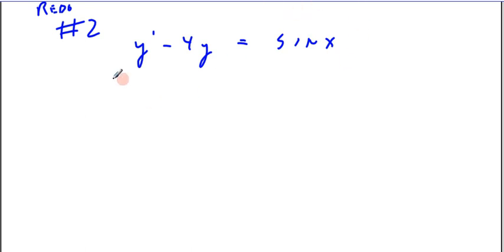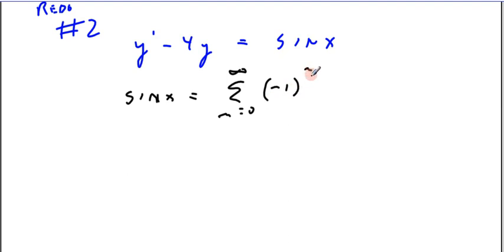And so, what do we got? What is sine x? Well, the series expansion for sine is summation n equals 0 to infinity, minus 1 to the n, x to the 2n plus 1, divided by 2n plus 1 factorial. Isn't that lovely? So my equation becomes